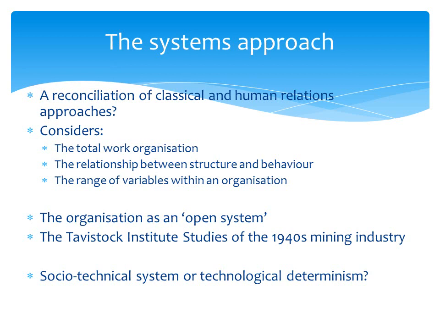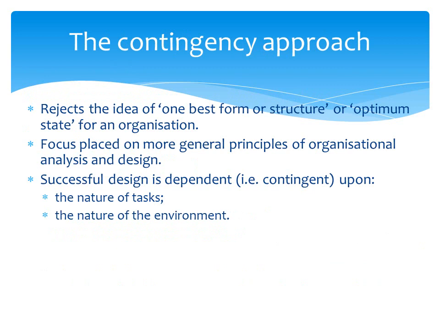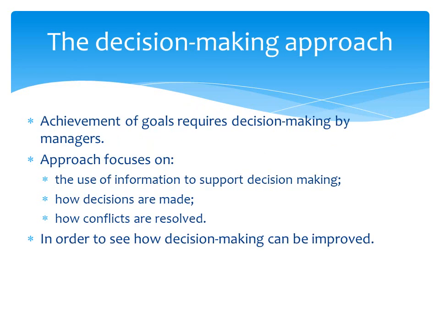So they recognised in a lot of companies technology systems were going to influence work behaviour, and that you need to take that into account. So systems is fairly straightforward, inputs and outputs, and contingency theory is, as it says, the best approach is contingent upon the situation. So it depends upon the task, the environment, the culture of the company, and that's pretty much the contingent approach. Decision making approach: achievement of goals by decision making, focuses on information, decisions, conflicts.